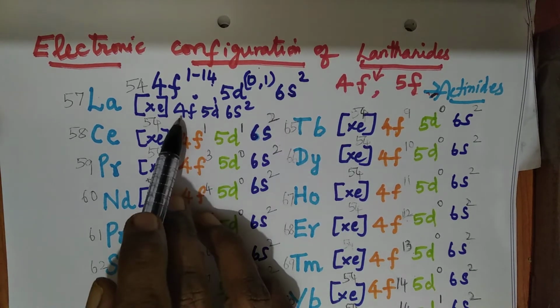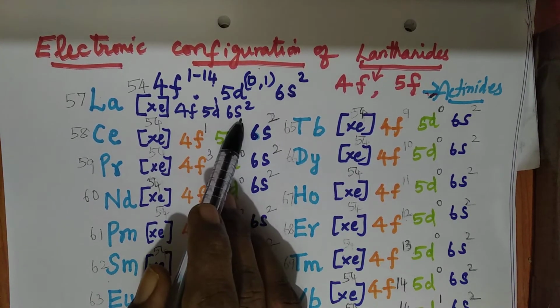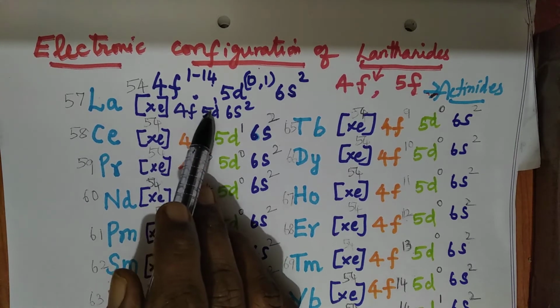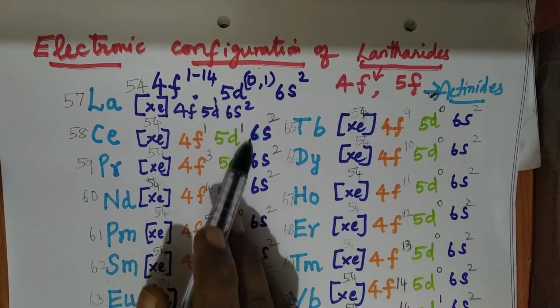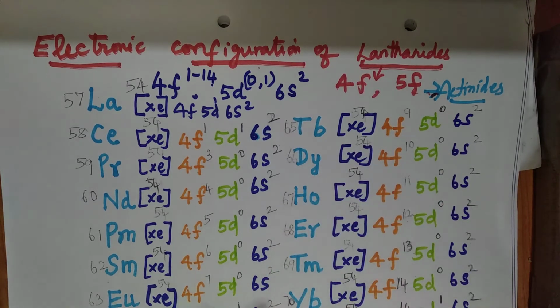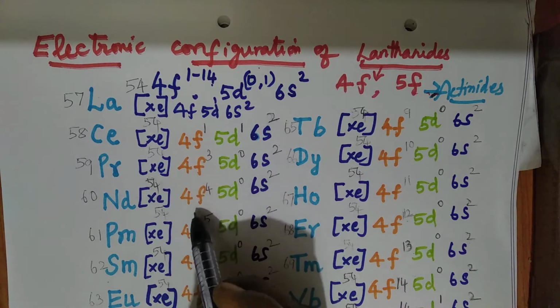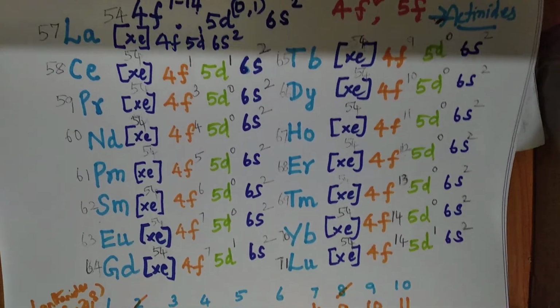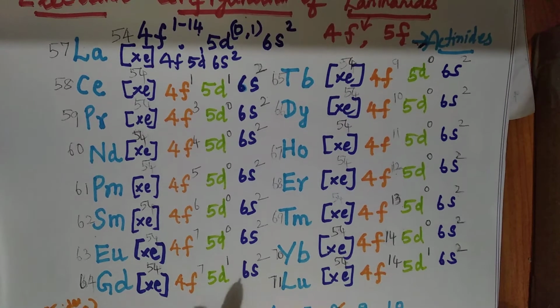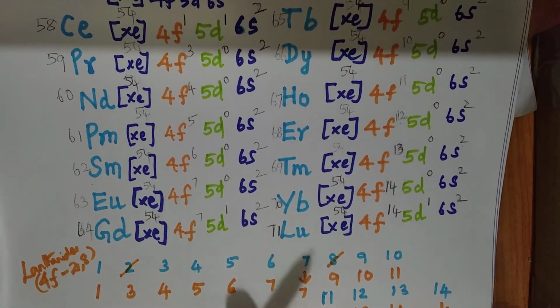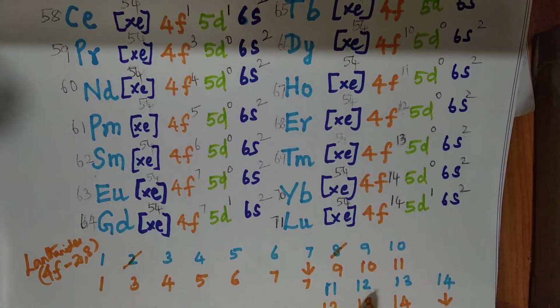So we'll just put down 4f, 5d and 6s2 first. 6s2 is common for every element. What is the number of electrons in the 4f alone? How to find out? You go with 1 to 14, as you have done for d block elements. The same way for f block, there are 14 electrons that get into the f orbital. So you write down 1, 2, 3, 4, 5, 6, 7, 8, 9, 10